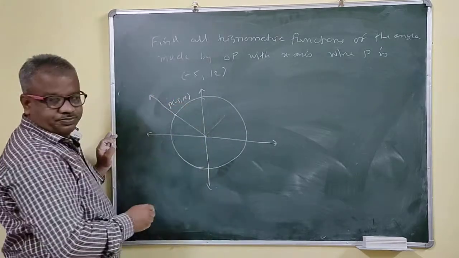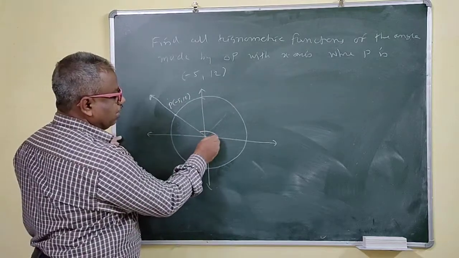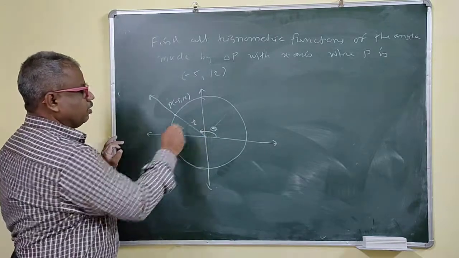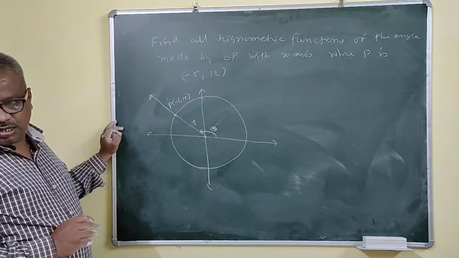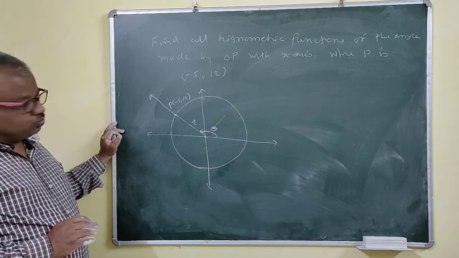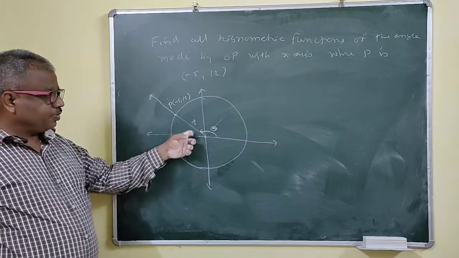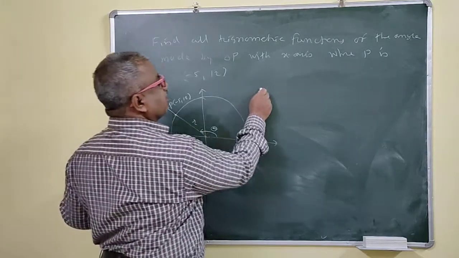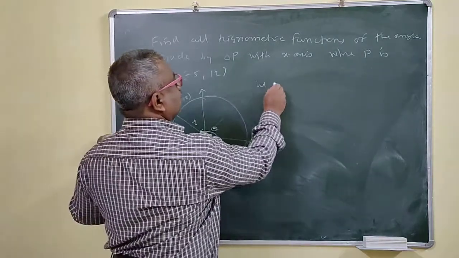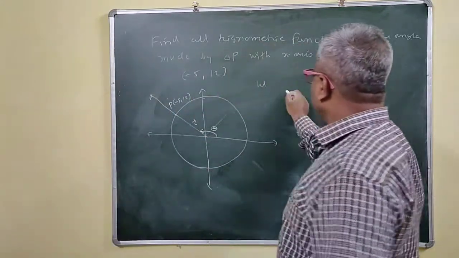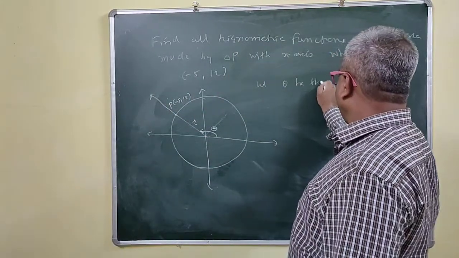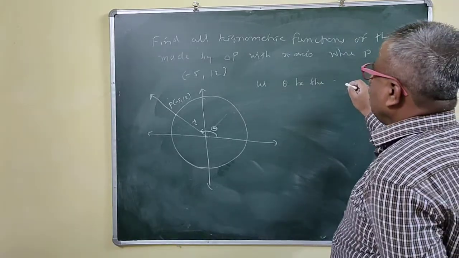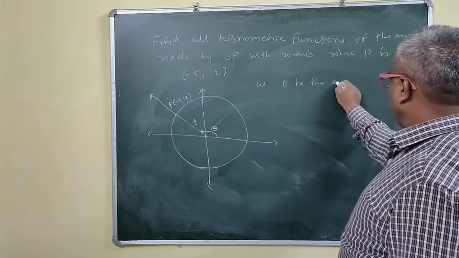P is -5, 12 now. This angle is your theta. We don't know what this is. This is your R now. R will be the radius. Then cos theta is equal to, okay, let theta be the required angle. Let theta be the angle